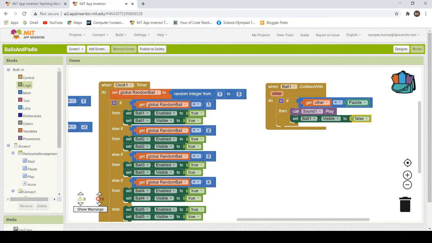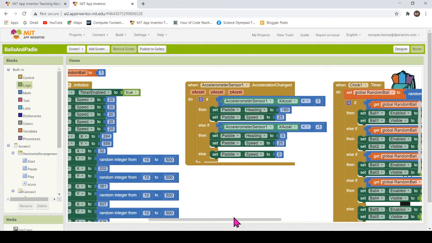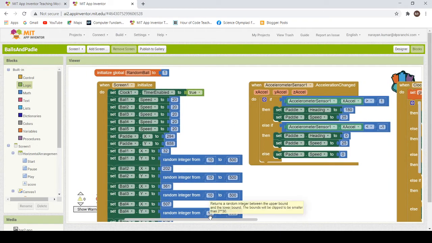Okay, and after making it invisible, we want to send this ball back to its previous location, from where it started. For this, we are going to set its location. In order to set its previous location, you can see where ball one was, its x and y are given here.